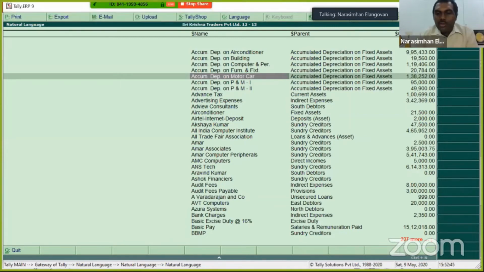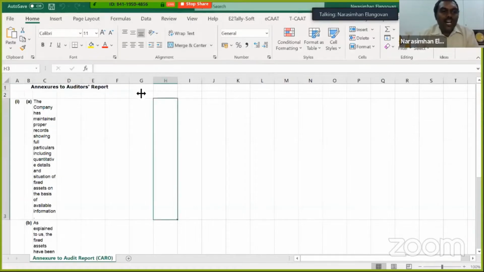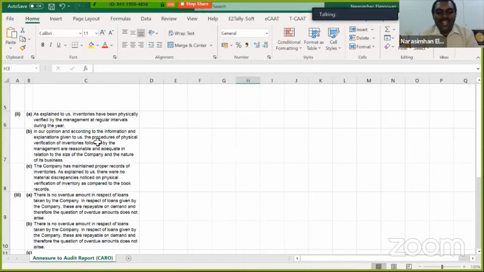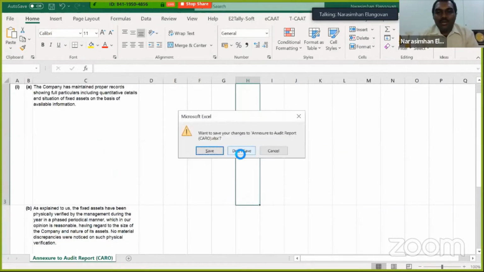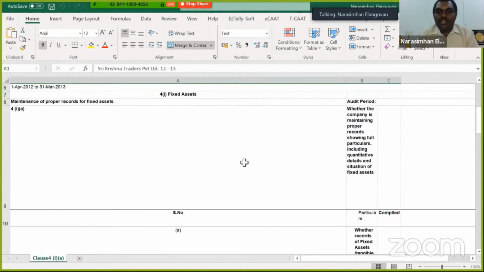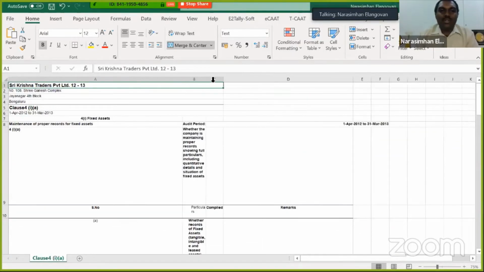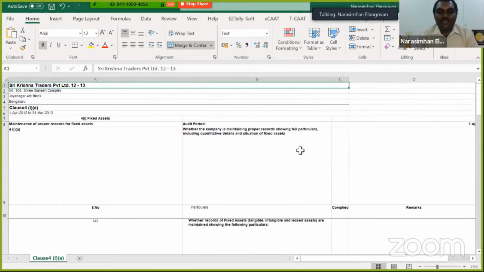So now I'm going to an Excel sheet. Of course, these are all my annexures to CARO, which opened up earlier. I think we were discussing this, right? So these, I don't require them now. Yeah, these are also the records. Of course, formatting is an issue. We all agree with that. We all have known and used Tally for a good amount of time. So formatting is an issue, but nevertheless.